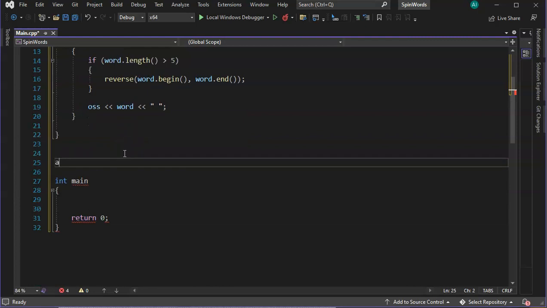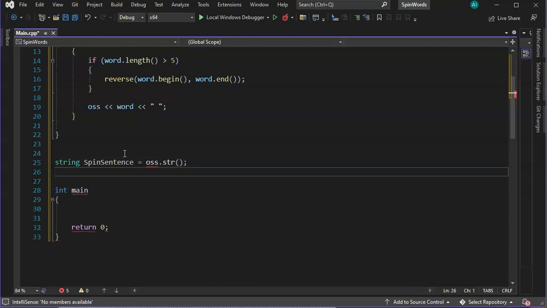Here we'll say string spinSentence is equal to oss.str(). Now, what that line does is convert the spin sentence string stream to a string, and then we will remove the